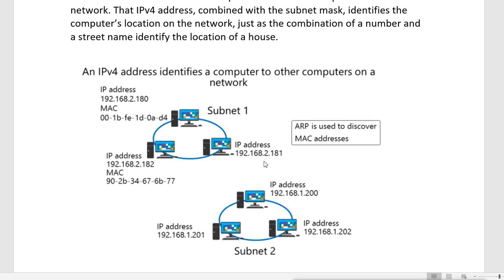But we only mention the IP address, not the MAC address. So the ARP protocol is used to find the MAC address of the particular IP address, so that it can send the packet to that particular machine. Basically in a LAN, all the communication happens based on MAC addresses. That is the physical address, and the IP address is the logical address. But MAC addresses are found based on the IP addresses.